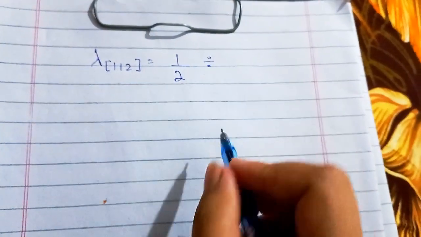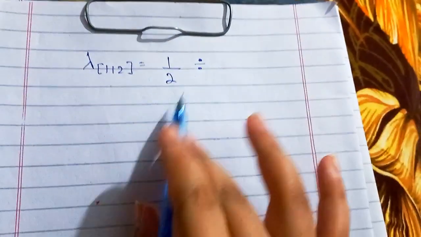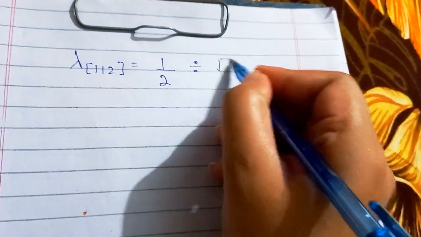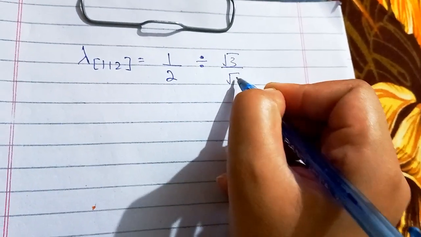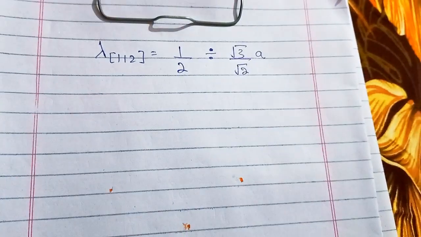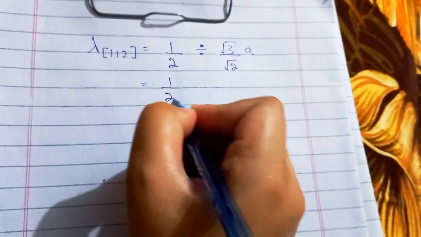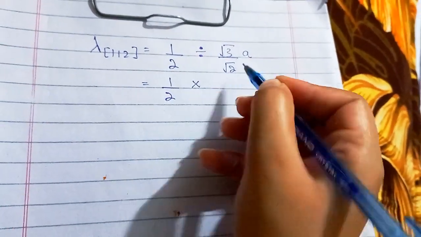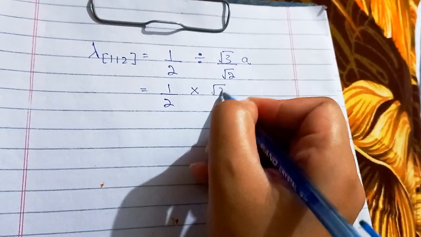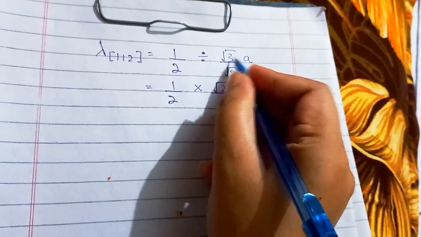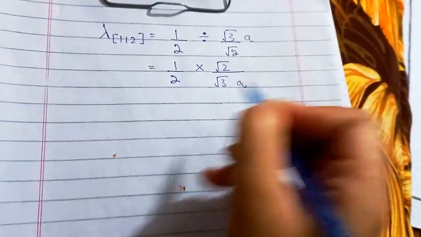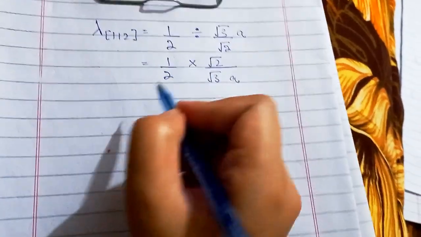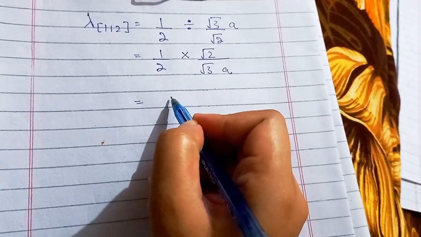This is always a savior, it will avoid any mistakes. When we change the division sign to a multiplication sign, the inverse happens. So root 2 in the numerator and root 3 into a in the denominator. So root 2 by 2,